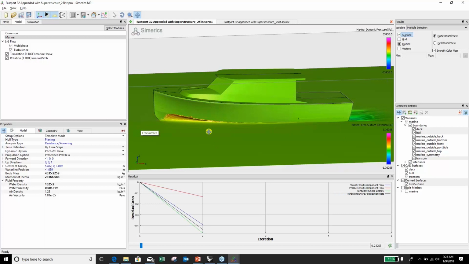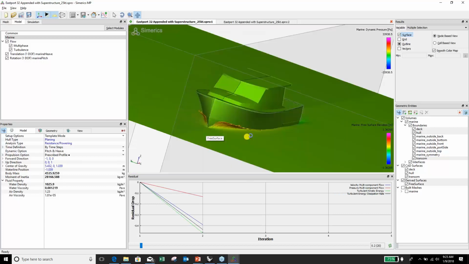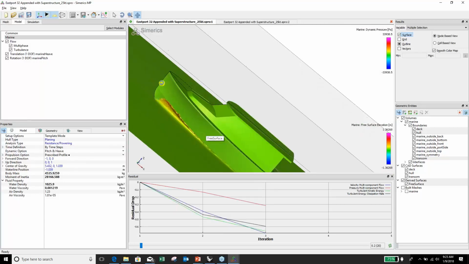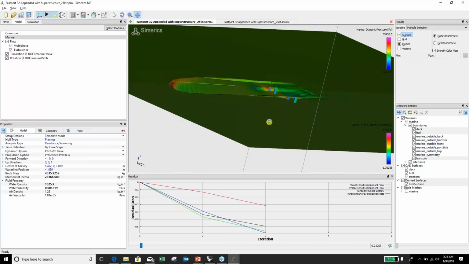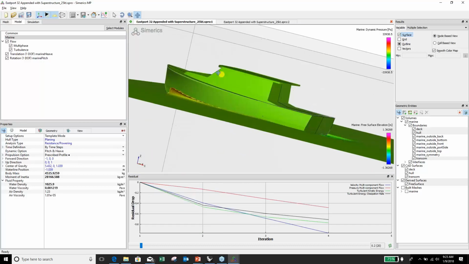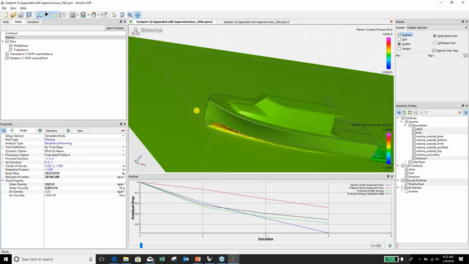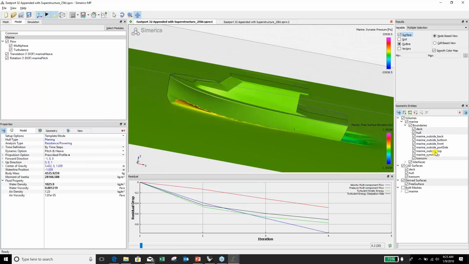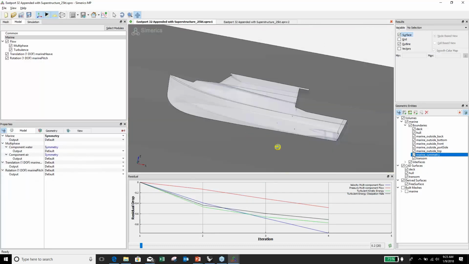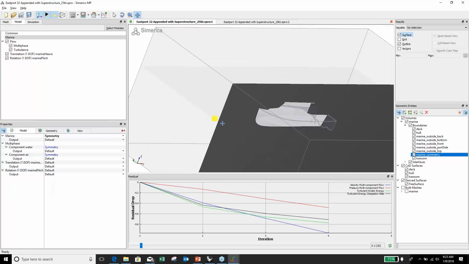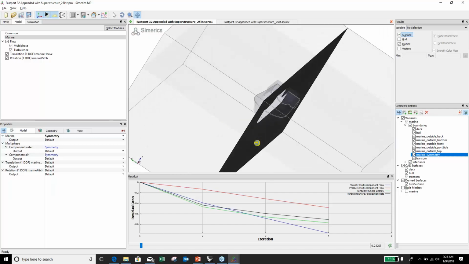You see I have a three-dimensional graphical view, where I can zoom in and look at various aspects of the model. I can look at the mesh that came in from the model. So for example, I'm going to turn on the symmetry plane, which is the plane that defines the domain transversely, port and starboard. Since it's a symmetric model, we only need to run half of it. And if I look at that view and turn on the grid,